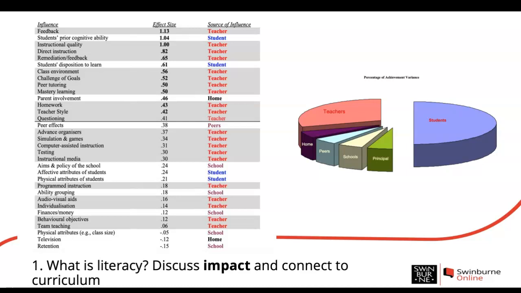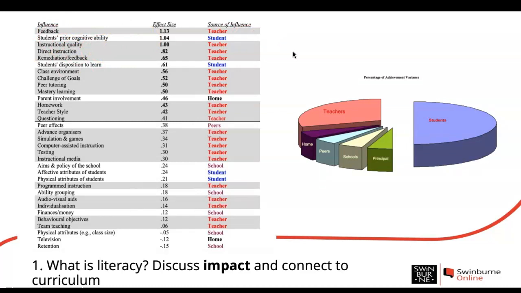Let's have a look at this table over here. Feedback to students had the number one effect size on influencing student outcomes. And this is not just in literacy. It's in all instruction, but you can tailor it to a literacy focus when you talk about it, or perhaps you can do some further research to see if there is anything connected to literacy per se. But we know that quality instruction, direct instruction, and feedback are all things that you would do within your own literacy pedagogy anyway. So this is the evidence that proves to us that quality teaching impacts